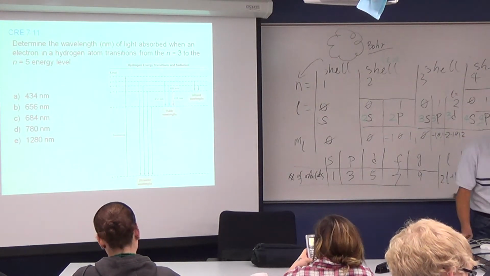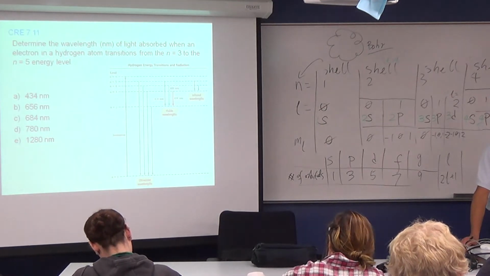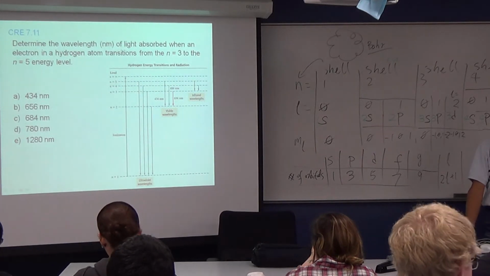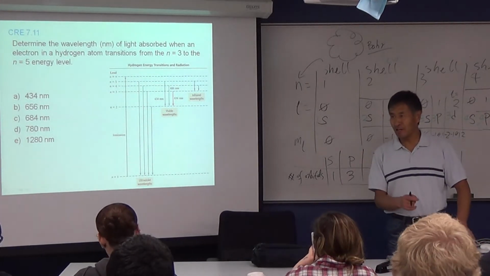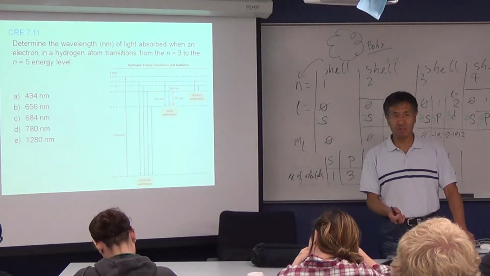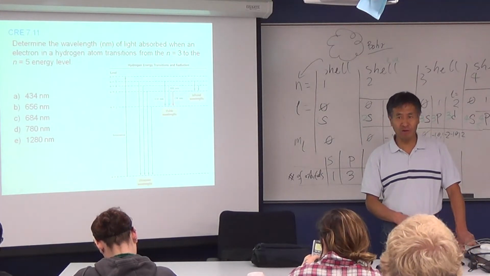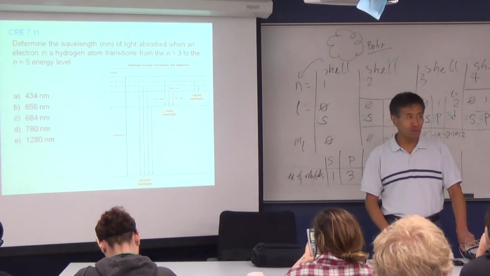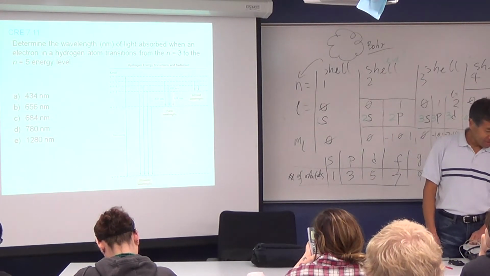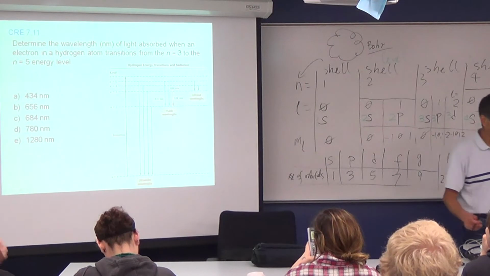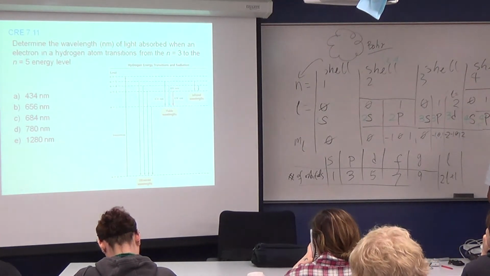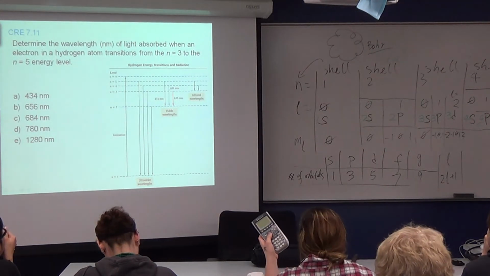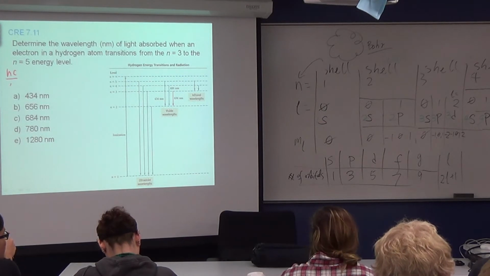Okay, so what do you do? This is about electron transition, from 3 to 5. If you do the same process as the last slide, you will get a negative lambda, which means that the photon, the light, was absorbed by the atom. So do that, and you can use that formula. If you want, I can write it out here, so that's equal to this.